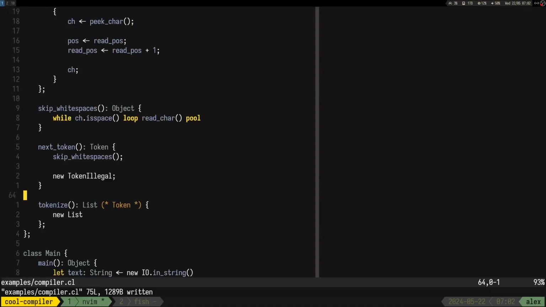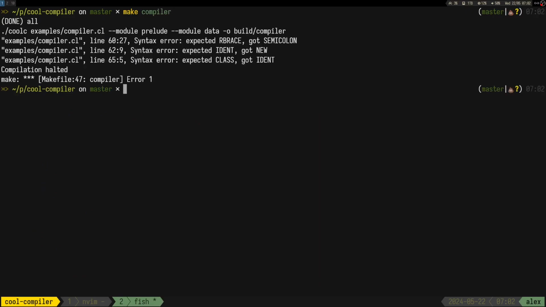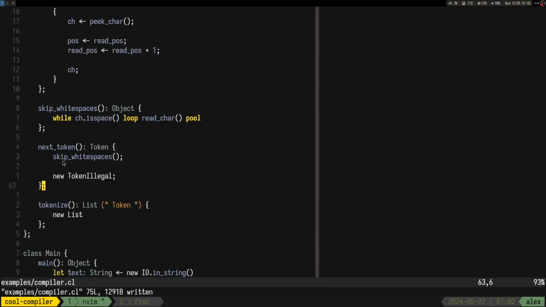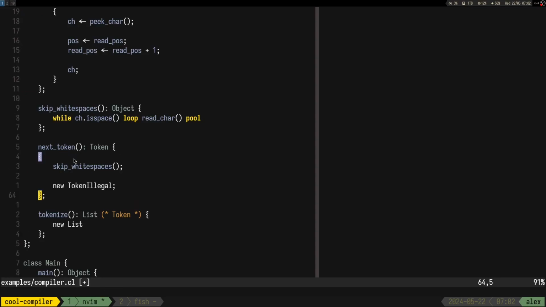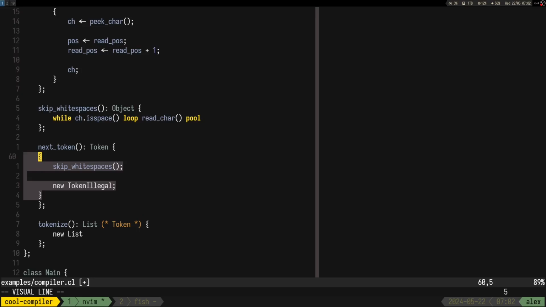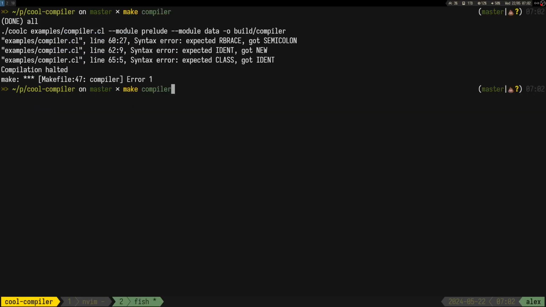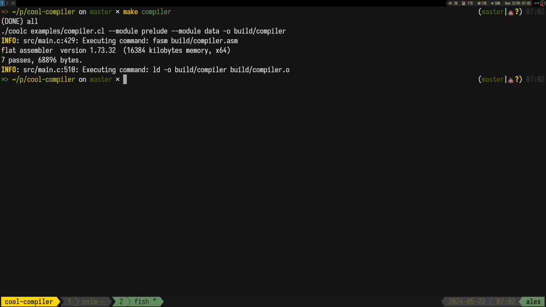So on line 59, exactly. So on line 60 we have an issue. Okay, so it needs these extra brackets for the block. Okay, it compiled.